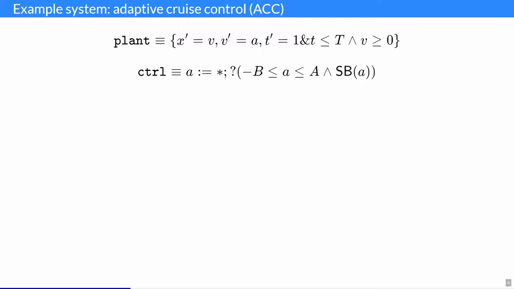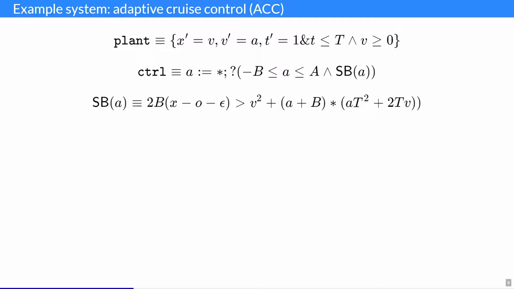The abstract controller for this environment is that the acceleration may be set to any value within the bounds minus b to a, which are the maximum braking force b, or maximum deceleration, and the maximum acceleration a, and such that the safety bound holds for whatever the control decision is, where the safety bound is as